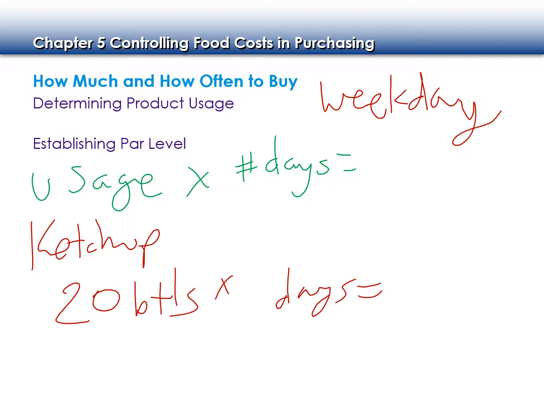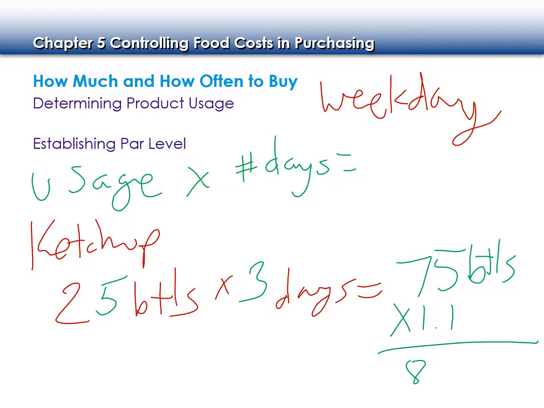Don't freak out. On the weekends, we're actually going to use 25 bottles. Okay, 25 bottles on the weekends. 5 extra bottles per day, times our 3 days gives me 75 bottles. And now if we use that same 10% safety factor,